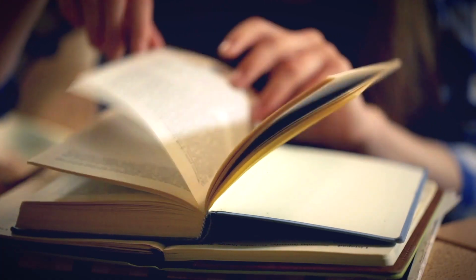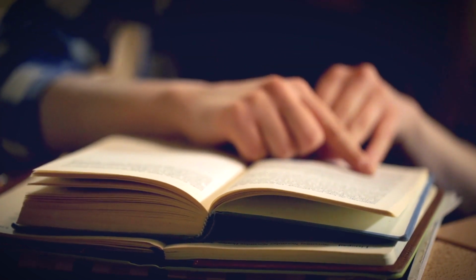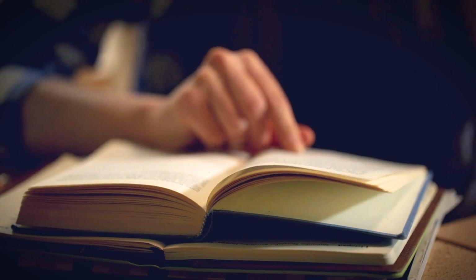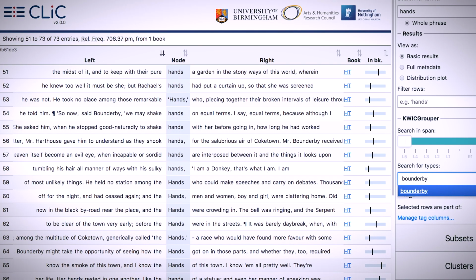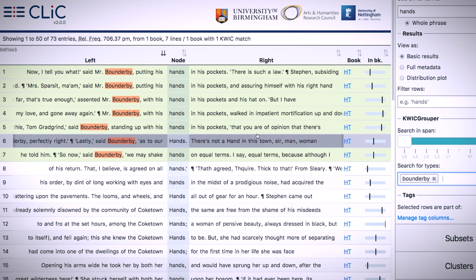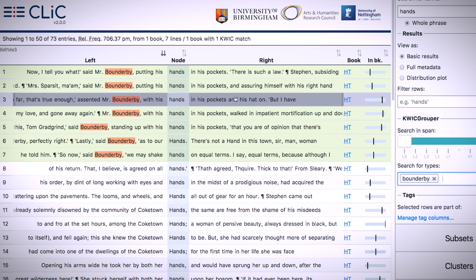When you read a text on the page, it's very easy for you to spot striking words or to find repetitions within a short space of text. What is much more difficult is to see whether there are any subtle patterns, whether there are any repetitions that are spaced out a lot more. And this is where the CLiC application has assisted in gaining major new insights into fiction.